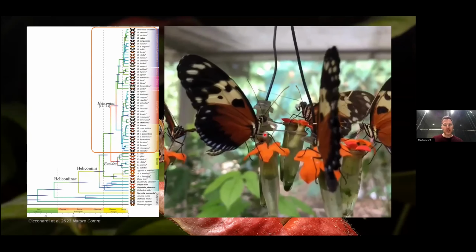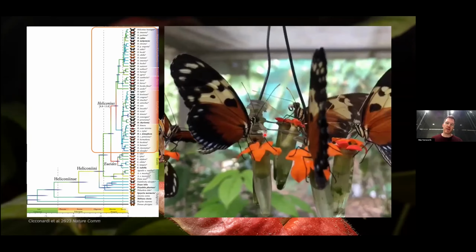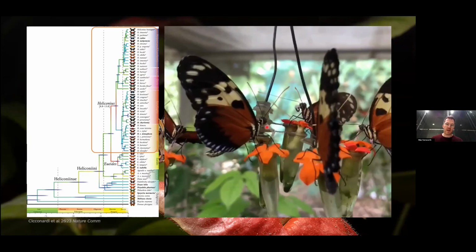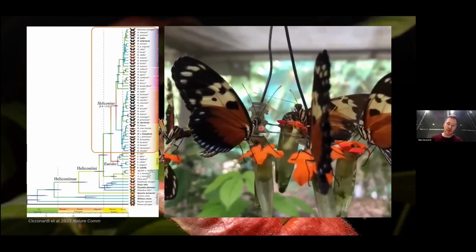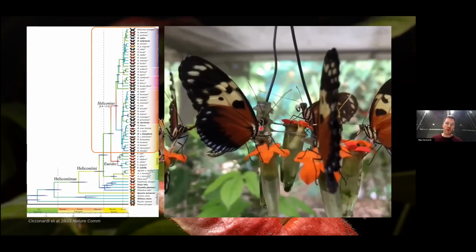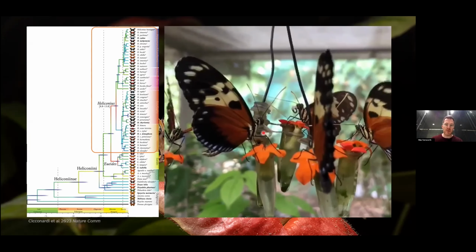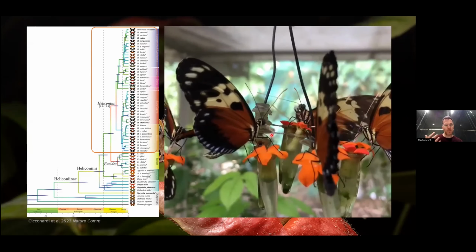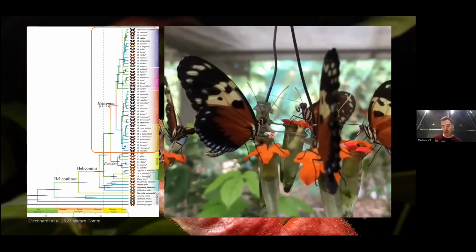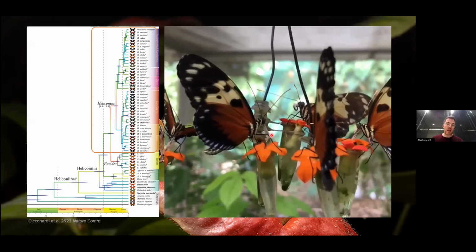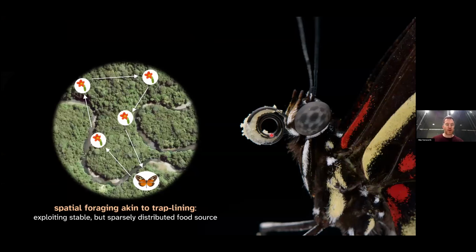If you think about butterflies, you may think about this proboscis, this kind of tongue, this tube with which they can suck up nectar. And these butterflies are, as far as we know, the only butterflies that are also able to feed on pollen by loading up their proboscis with these sticky pollen grains. They then ingest this amino acid-rich resource, which increases their lifespan considerably, but it also influences their brain anatomy, because in order to feed on these pollen-containing plants, they need to perform quite a cognitively taxing task. And this is something akin to traplining or spatial foraging.